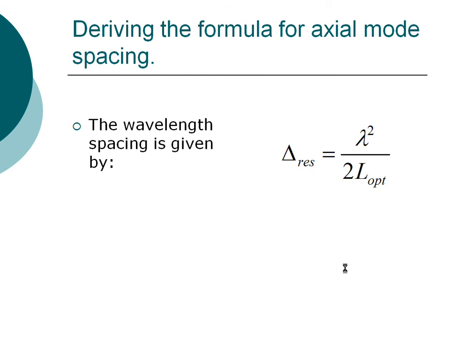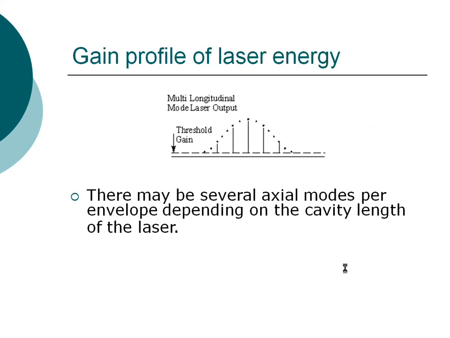And the wavelength spacing can also be determined: delta lambda resonance equals lambda squared over 2 L subscript opt. And of course, these several axial modes in the laser